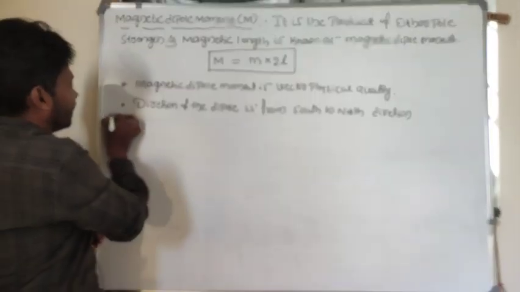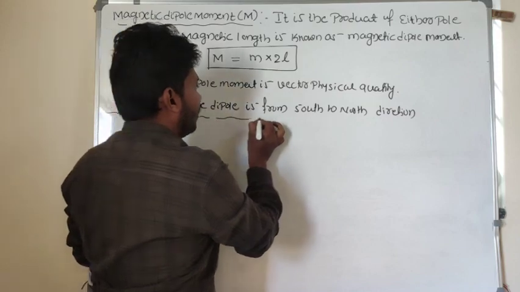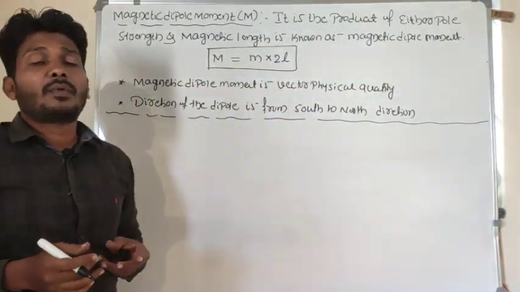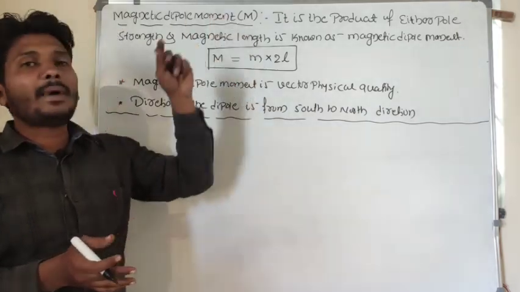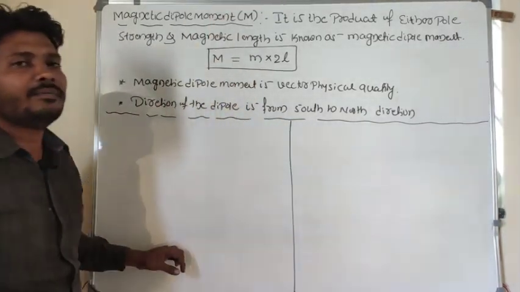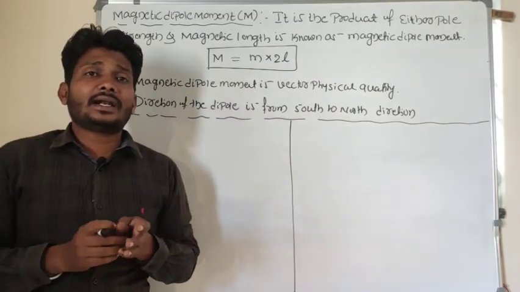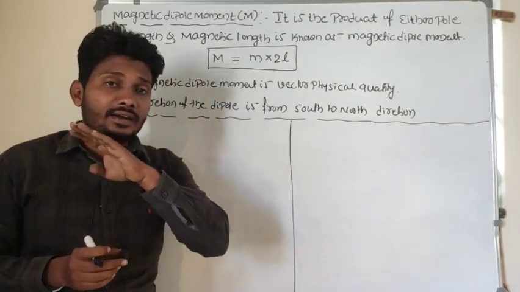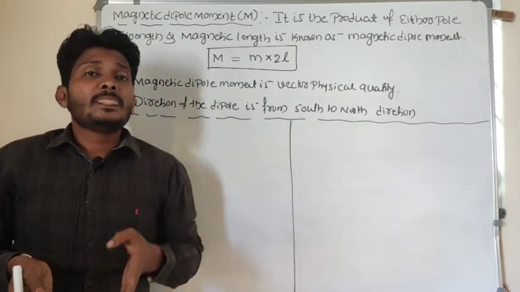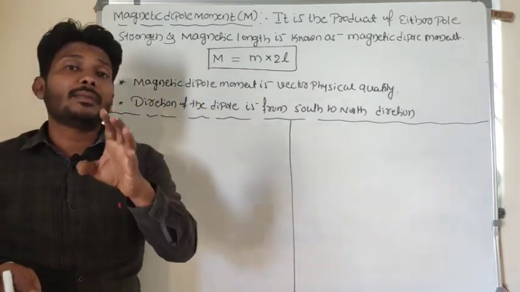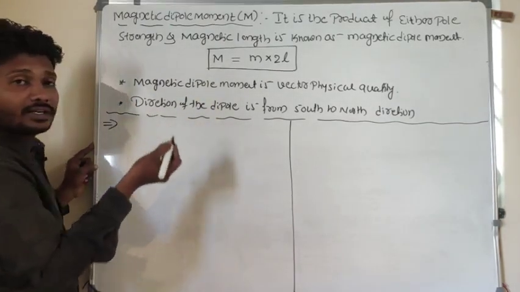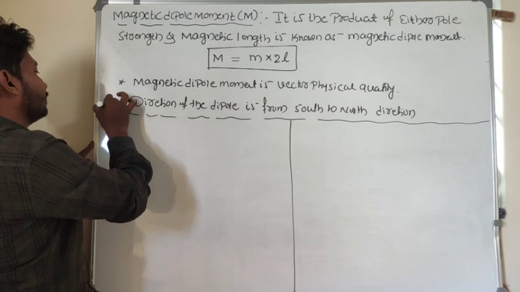So related to this magnetic dipole moment, we'll have certain kinds of neat applications. Just we'll look at that. What are the probable questions they may ask related to magnetic dipole moment? Let me discuss one by one. Look at here. If I take the magnet, and if that magnet is divided into n equal parts, or if that magnet is bent, then what happens to the magnetic moment? Variation of magnetic moment. So I can consider that a neat application.